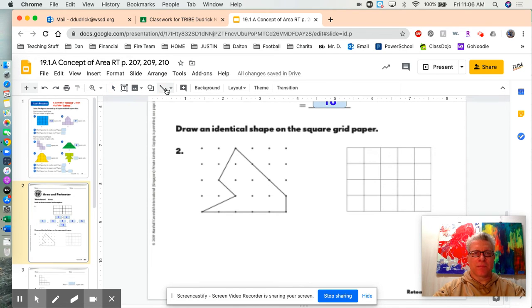Now, down here, to draw this identical shape on the square grid, we're going to go to the line tool and just click on line. And what that'll allow you to do is count the dots. So here we have this dot is the same as this corner. This dot is the same as this corner. So we go 2 jumps over, 1 jump, 2 jumps. So we're going to start here. Then we're going to go down 2 over 1. So we go over to 3, down 2, left 1. So over, down 2, left 1. And we would draw that line